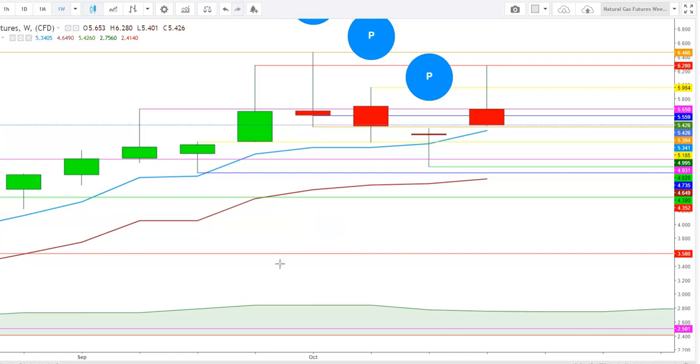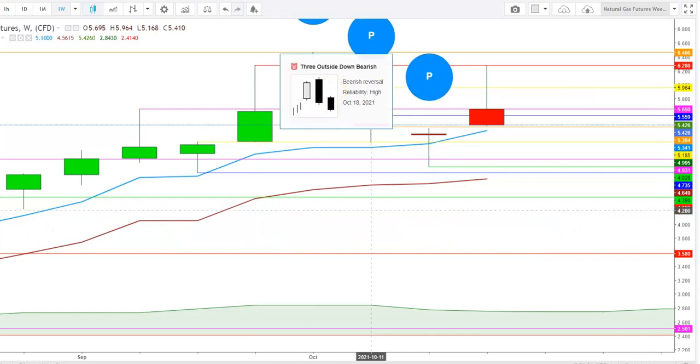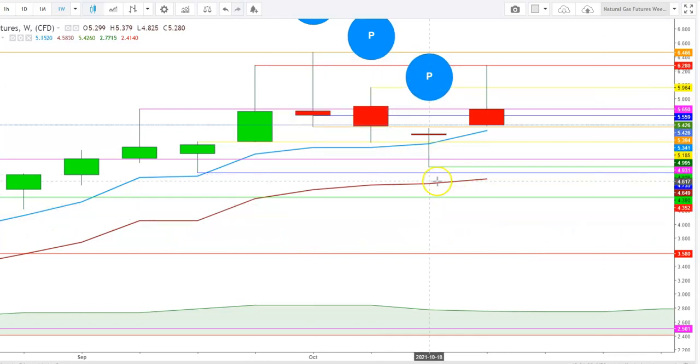So let's start the day to analyze the movements of natural gas futures in different time frames. So friends, here you can see a weekly chart of natural gas futures. Here you can see how the natural gas futures continue to remain extremely volatile during the past 4 weeks. Here you can see how the natural gas futures tested a high at